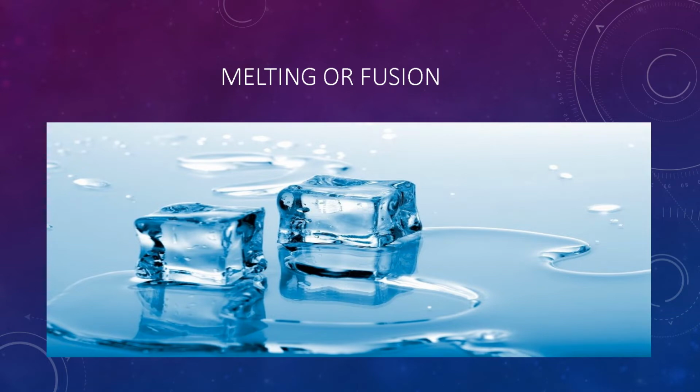There are various terms we use for the change of state of matter. Let me explain them one by one in detail. First thing is melting or fusion. As I told you, when we start heating the solid, molecules absorb the heat and they start vibrating. If we continue to heat, the solid molecules will vibrate more. They will expand. There is expansion. These molecules start moving away from each other.